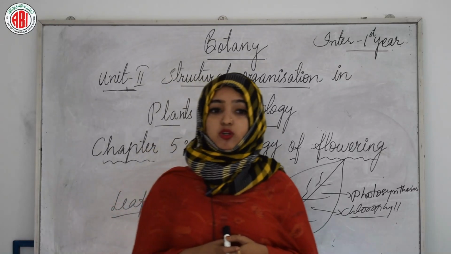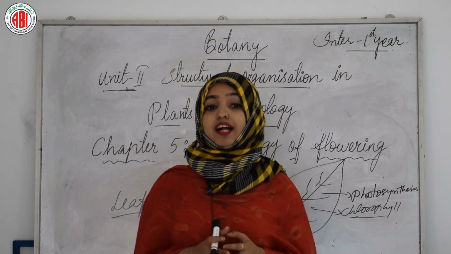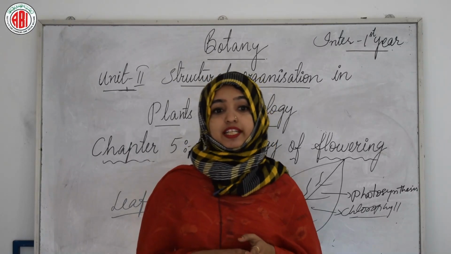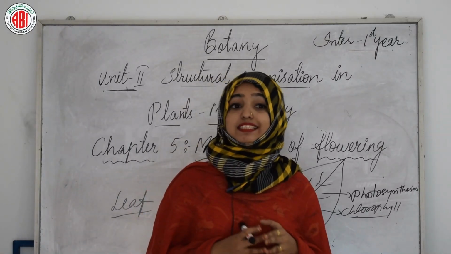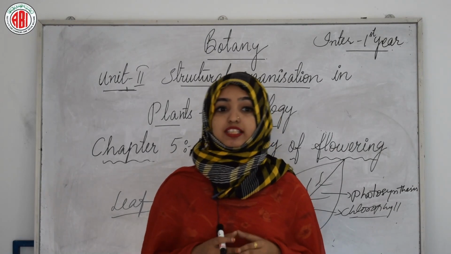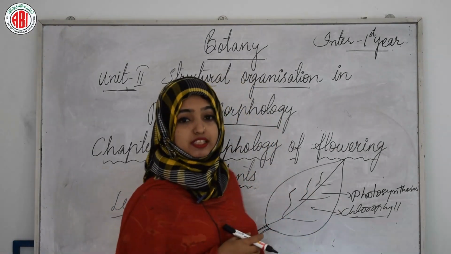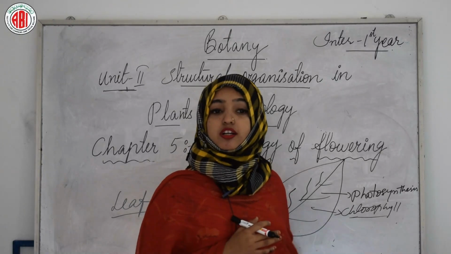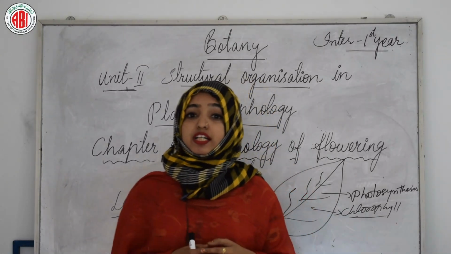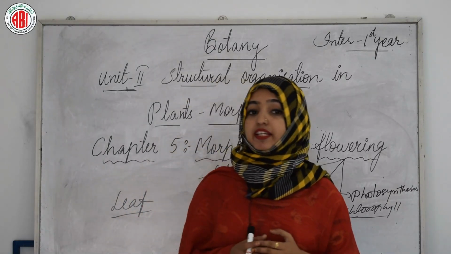stipules. And in monocotyledons, the leaf base expands into a sheath covering the stem, partially or wholly, and in some leguminous plants the leaf base may become swollen, which is called as pulvinus, and the petiole helps in exposing the lamina to light. Long, thin, flexible petioles allow leaf blades to flutter in wind, thereby cooling the leaf and bringing fresh air to